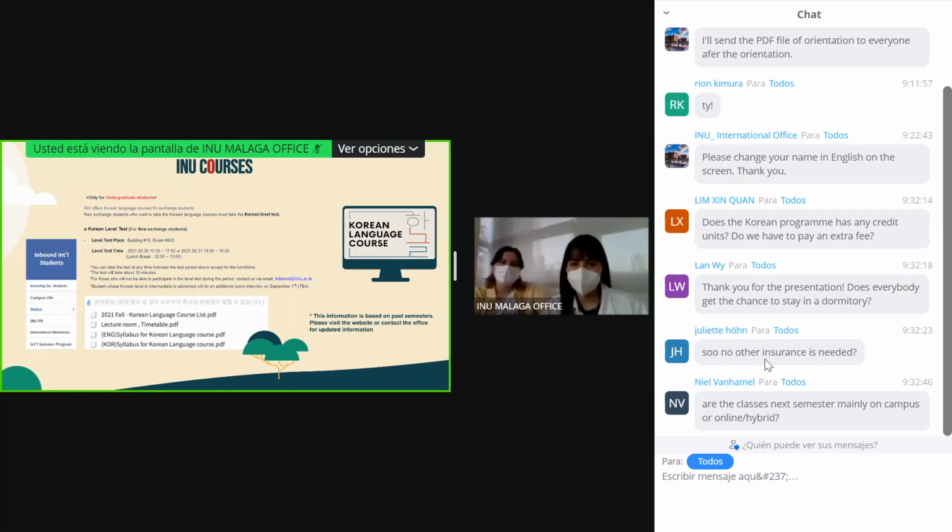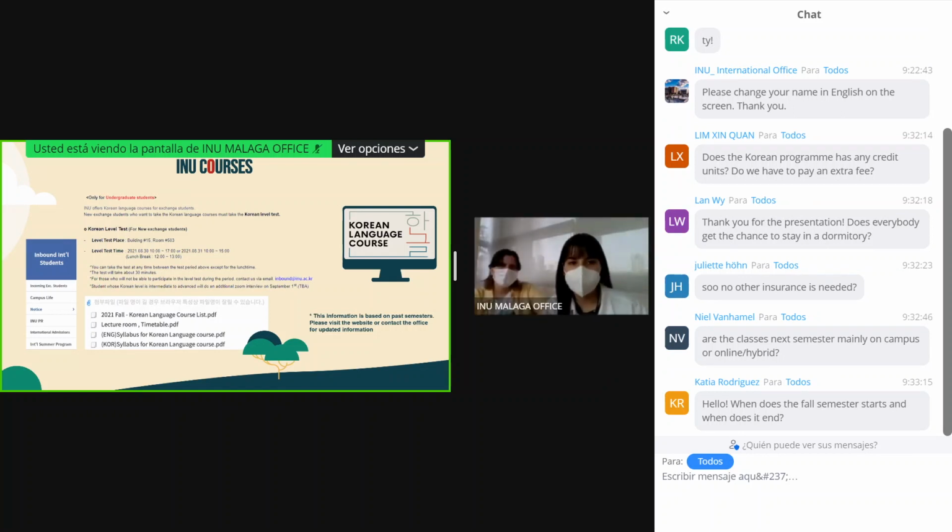The Korean language course and the Korean language subject are different things. But during the semester you can select the Korean language class without extra money.